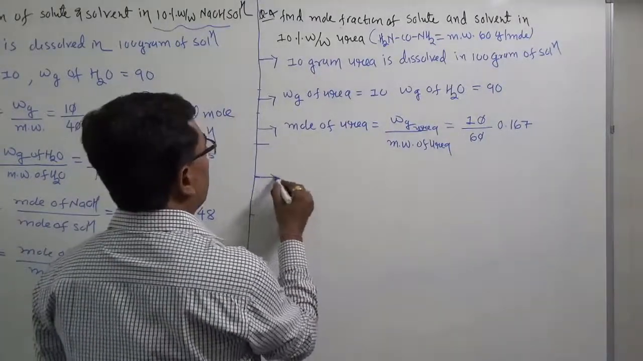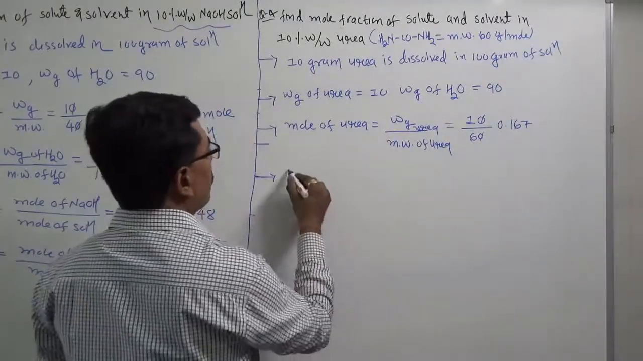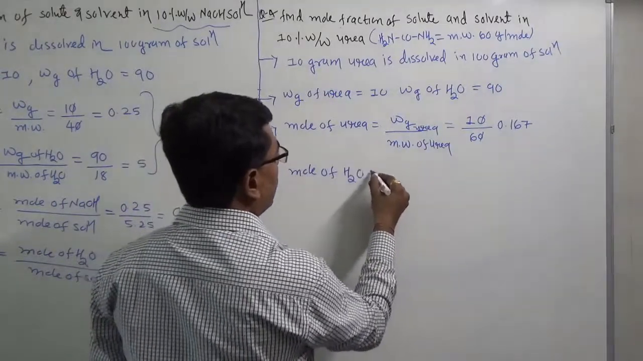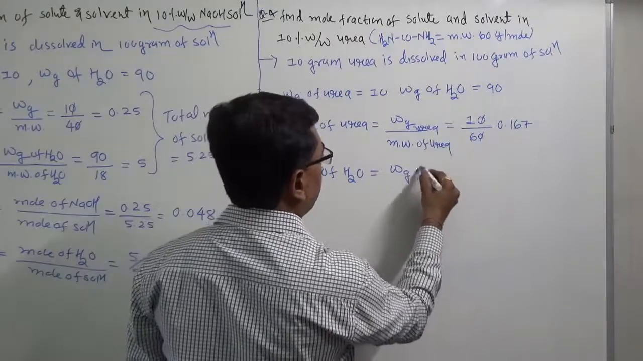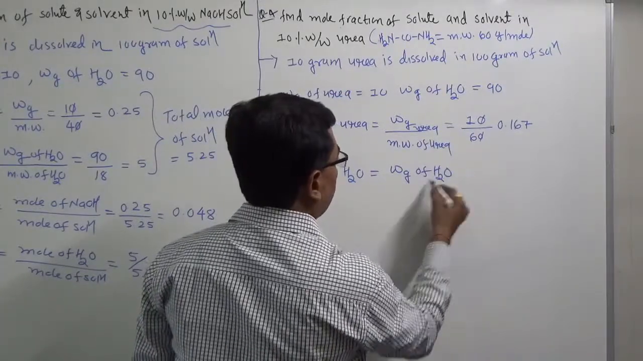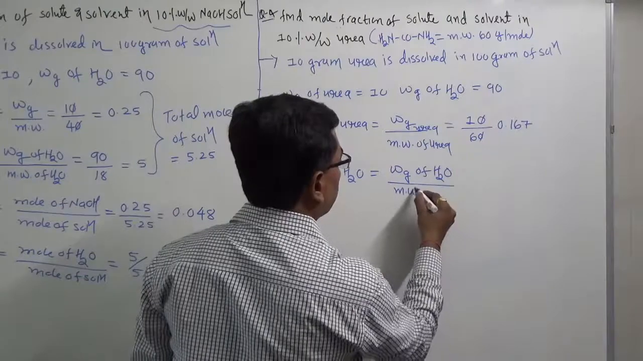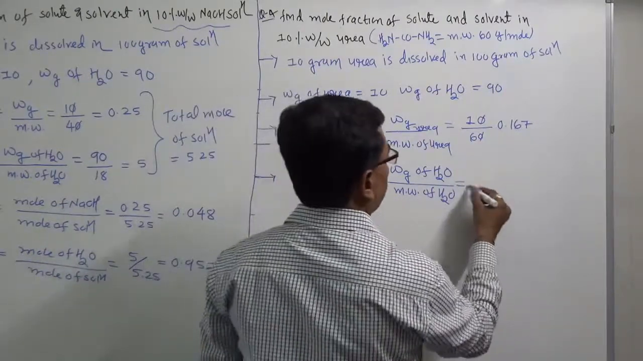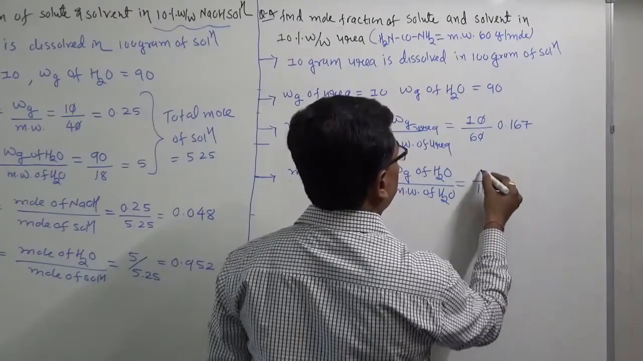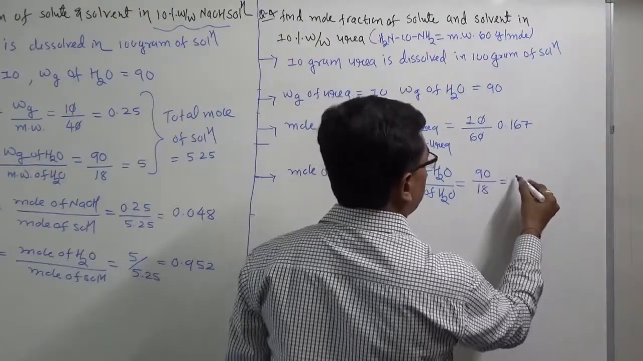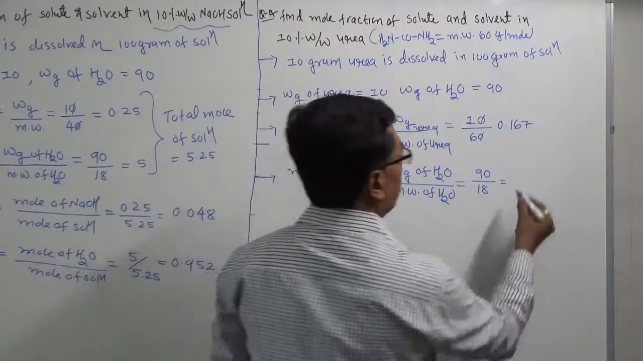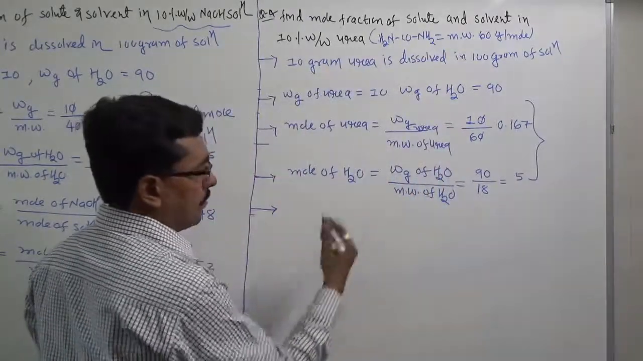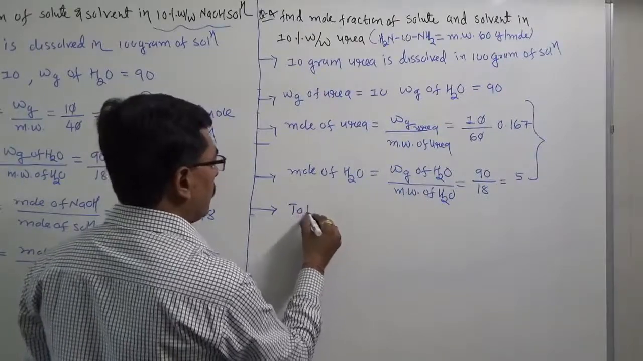Now we know the weight in gram of water, so we can find the mole of water. Mole of water equals weight in gram of water divided by molecular weight of water. Now the molecular weight of water, we know, is 18 and the weight in gram of water is 90. So 90 divided by 18 you will get 5. Now the mole fraction we can find by using this. Total mole of solution is